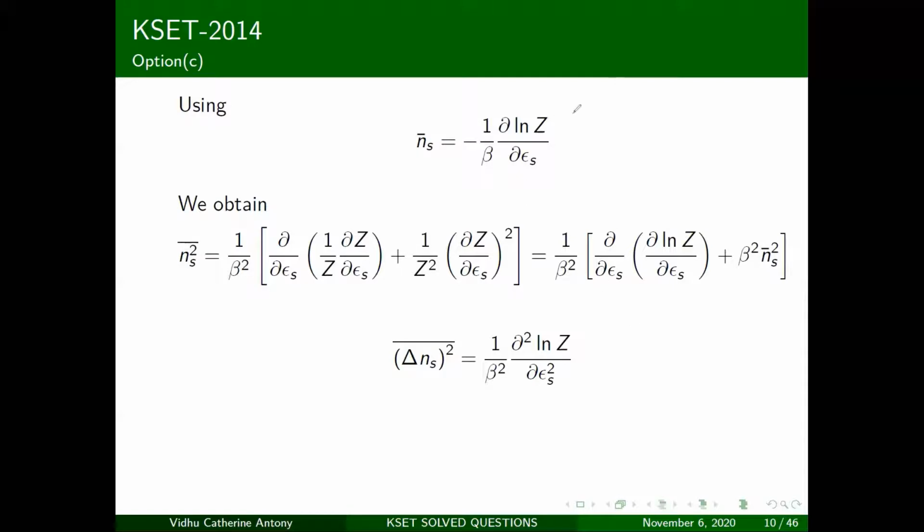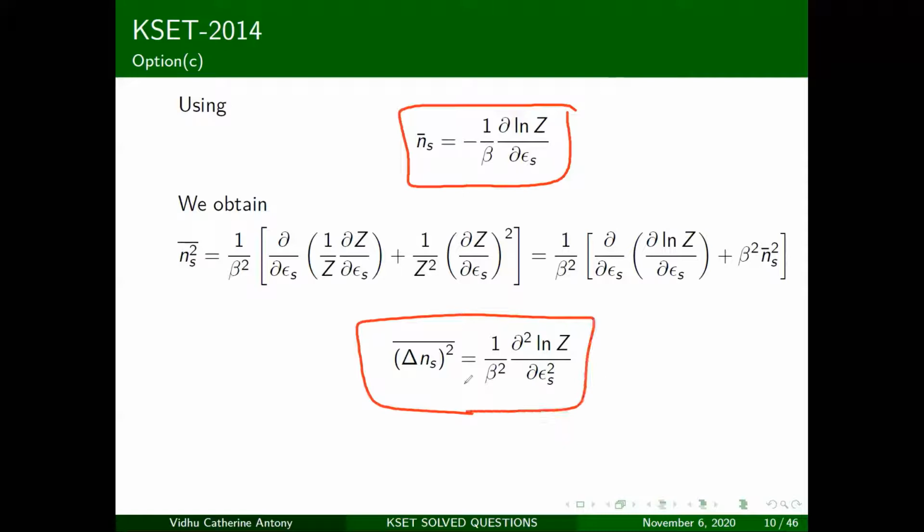Okay, so let's look at this. This is your ns formula. This is your dispersion formula. So what you have is this negative sign went away. You end up getting a 1 divided by beta squared. Here you have a dou squared ln z divided by dou epsilon s squared. So if you remember this, you just have to remember it's not exactly the square, but it can help you remember the format of this. Not exactly the square, because if you try and do this square, it's not the same as this.